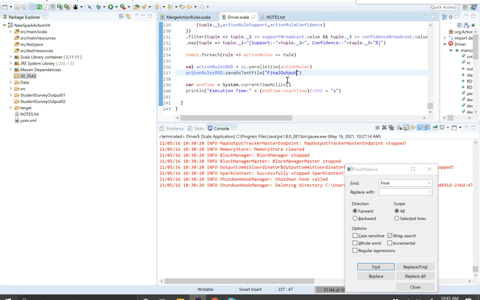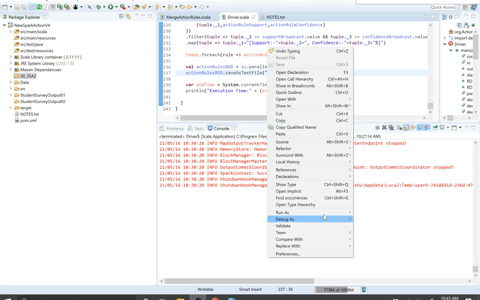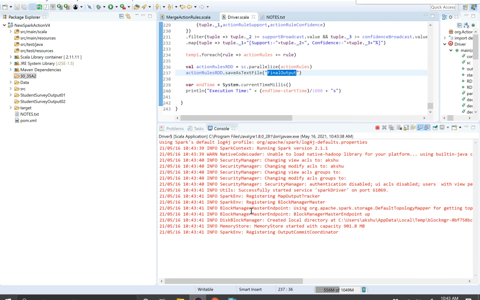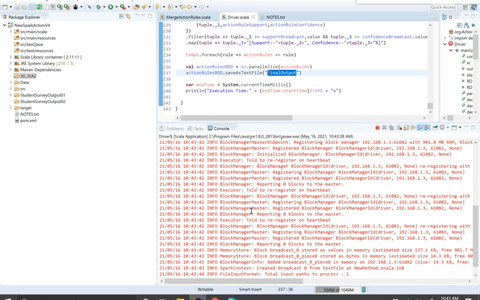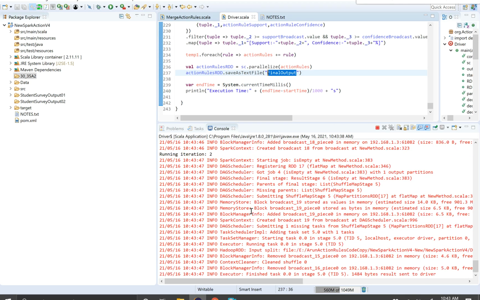So the first time you execute with the part one of the data, it will be saved in final output. I'll execute the code now. Run as, since I've already set the arguments, Scala application. Now the code is getting executed.